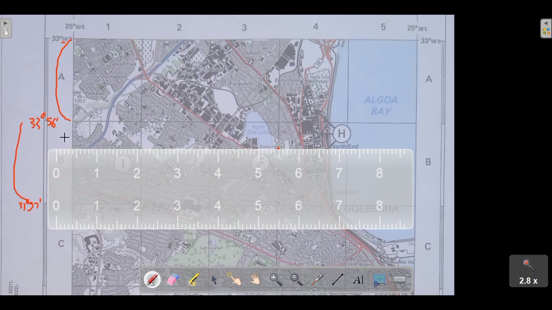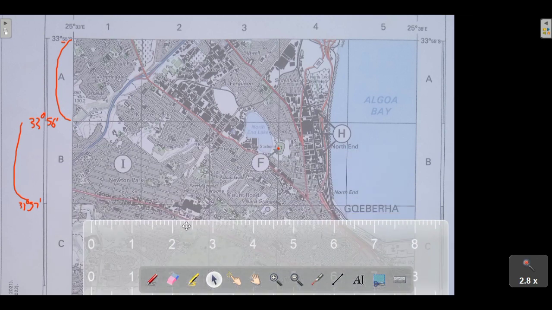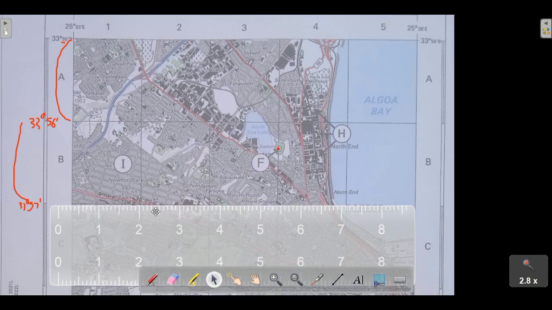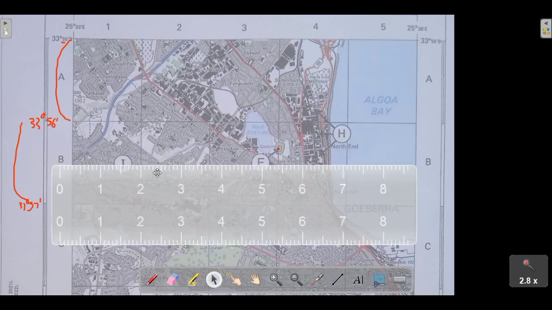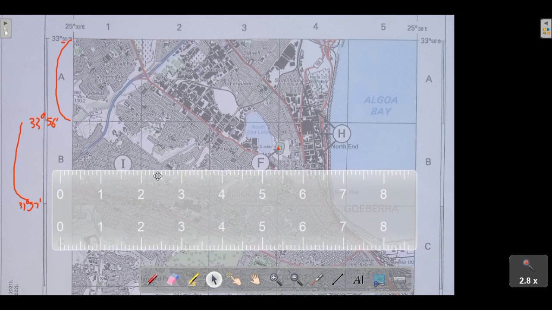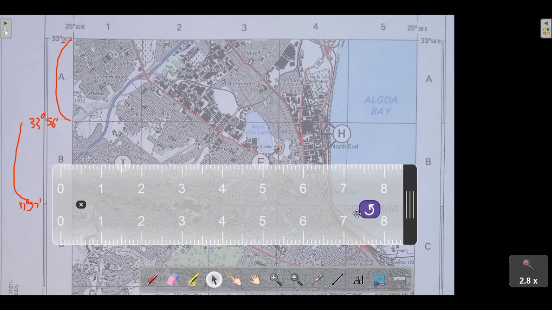So we are still in the 56th minute block. We haven't reached the 57th, and we stumble across our ruler. So this means that this F or stadium is at the 56th minute. Now let's try to break it down further. We know that if this is the 56 and this is 57, so I can